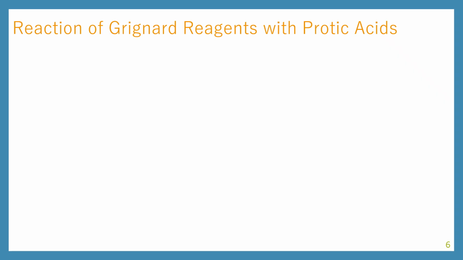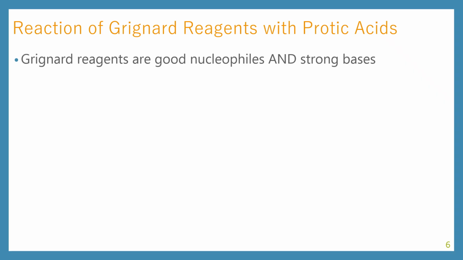Okay, so let's look at the reaction of Grignard reagents with protic acids. This is our first introduction to how Grignard reagents behave. Grignard reagents are good nucleophiles, and they are also strong bases. The pKa of an alkane is 50. And if we treat these Grignard reagents like they are carbanions, then they are essentially the conjugate